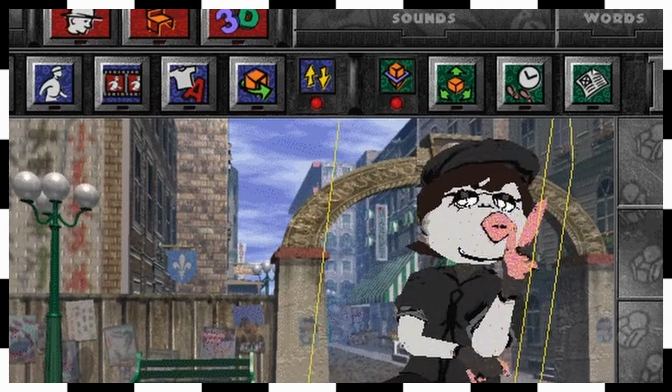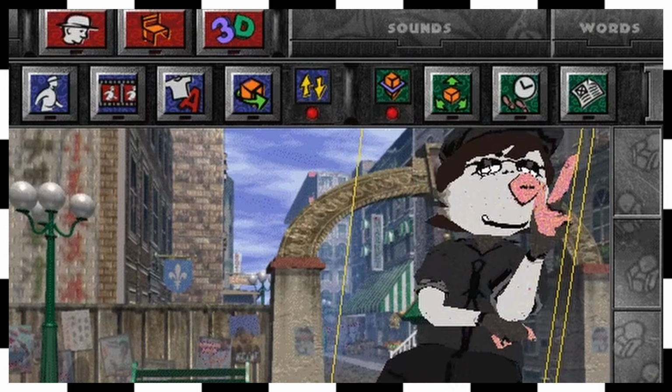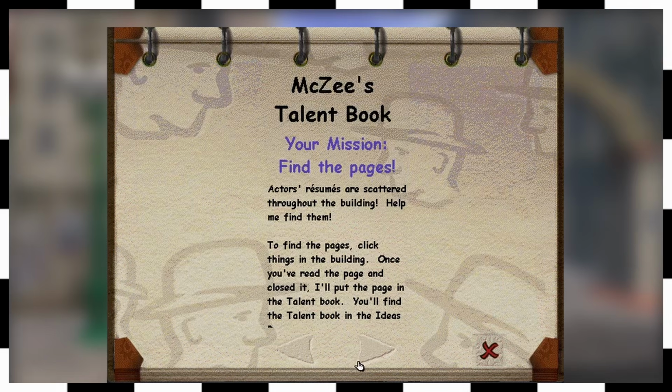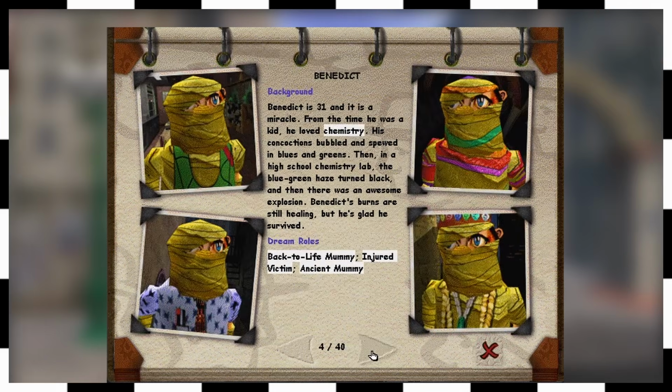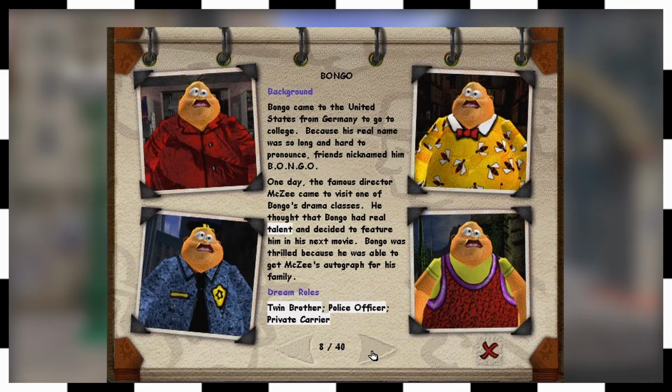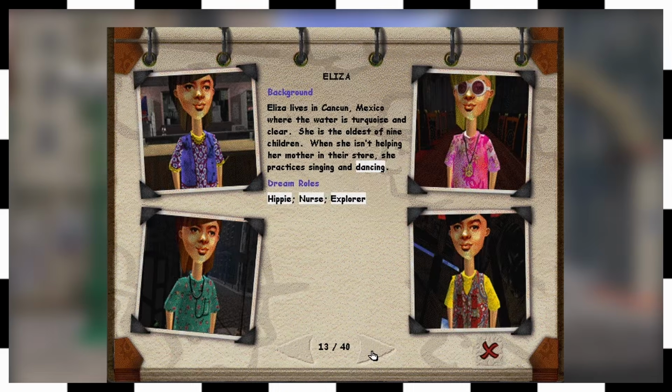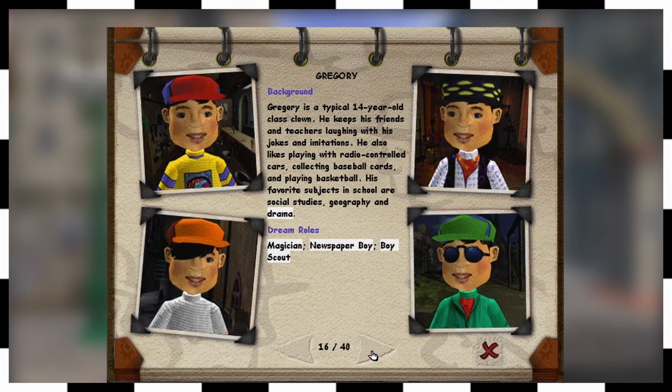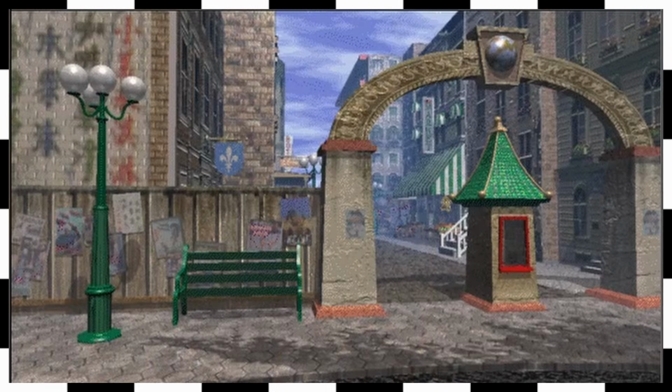You can see them in the talent book, which is one of the buttons in the actors and props menu. There you can see some pre-made ideas you can make with the costumes given to these characters. Now, I'm not gonna read all of these. You can read these in your own time if you have the program, but one of his most famous roles